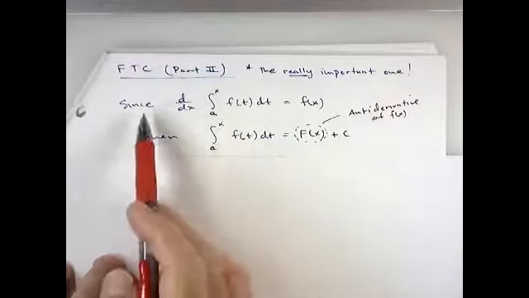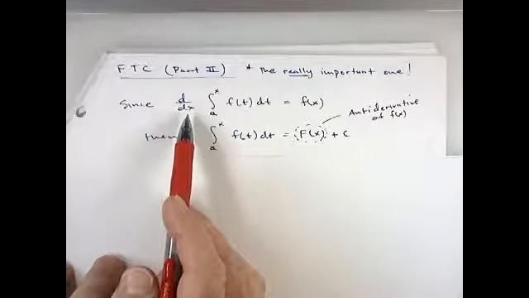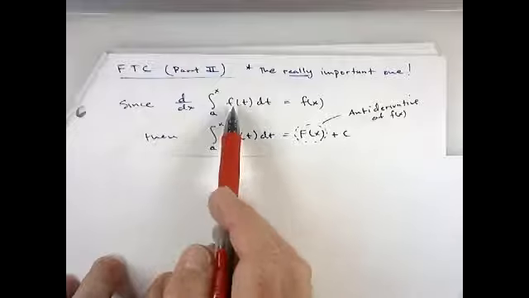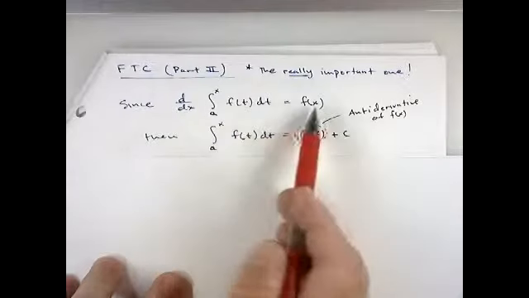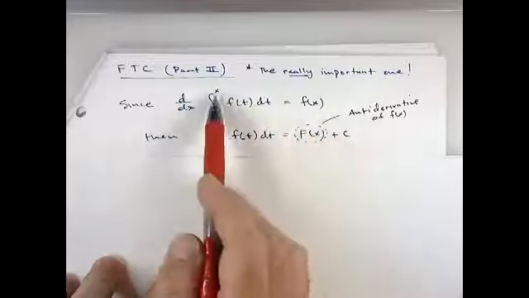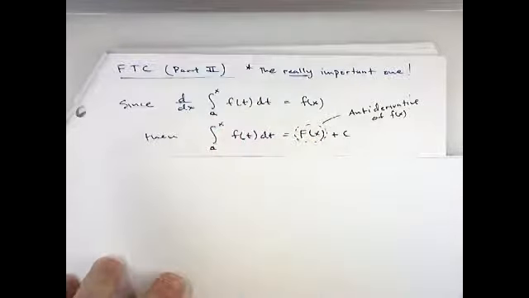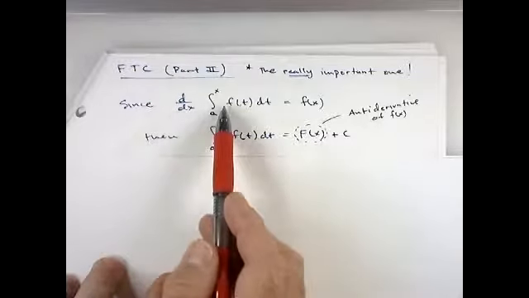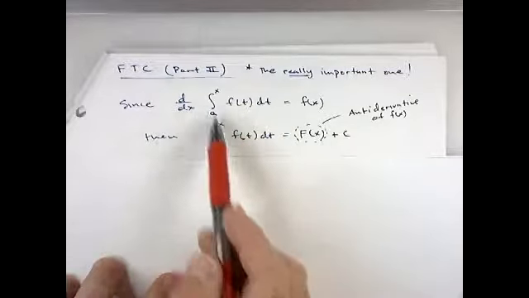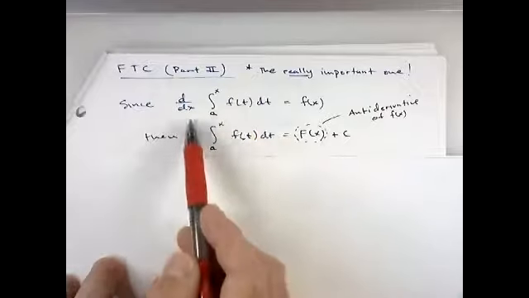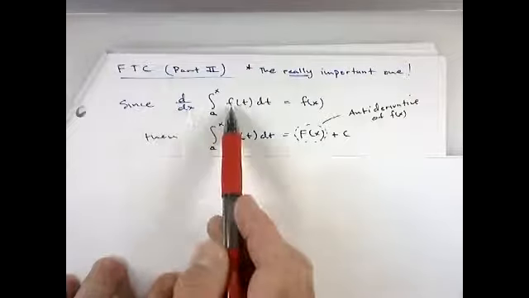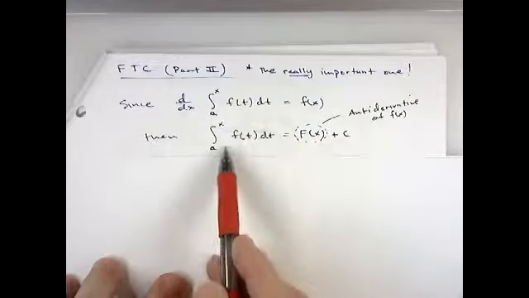Okay, so part one, what we figured out was that the derivative of the definite integral from a to x of some function of t dt is just f of x, right? It's just this function evaluated at your upper limit. So if that's true, if the derivative of this is f of x, then what would just the integral be? Well, that would have to be the antiderivative, right? The derivative of this integral is f of x, so to find just the integral, we would take the antiderivative